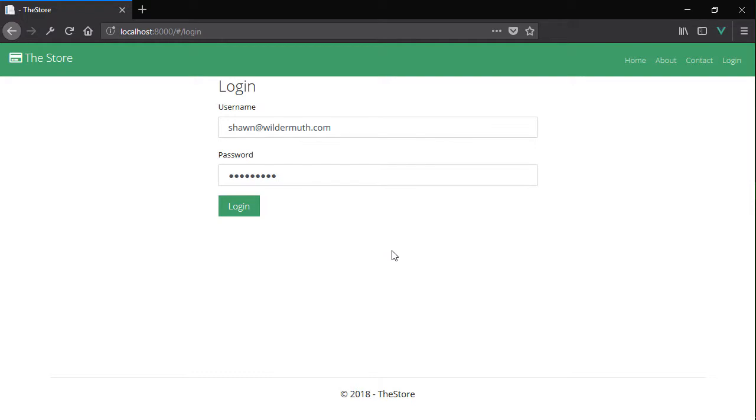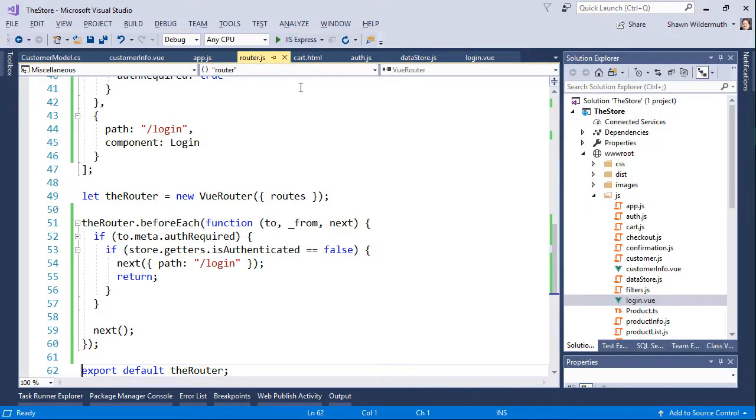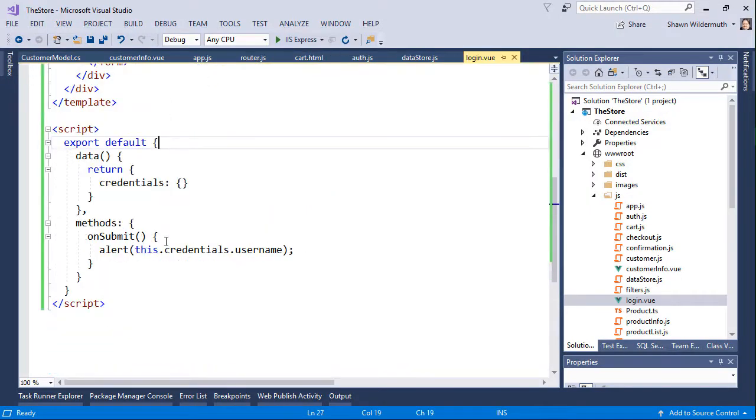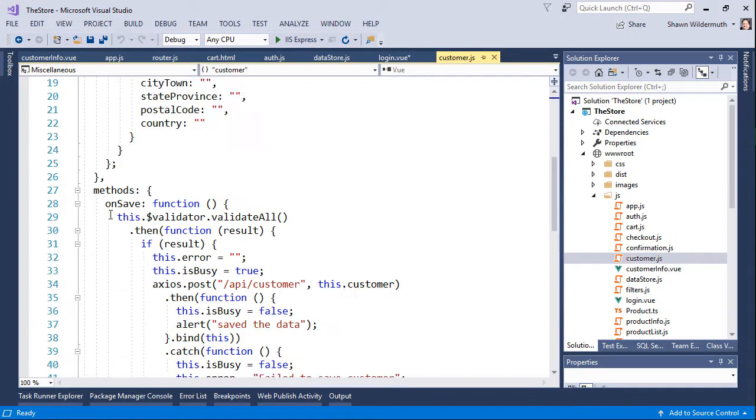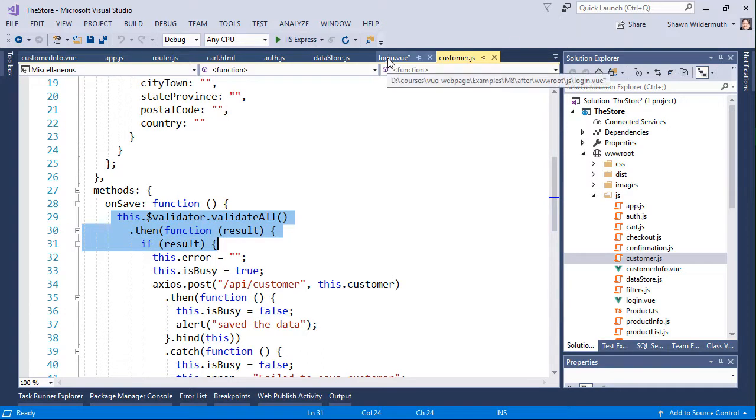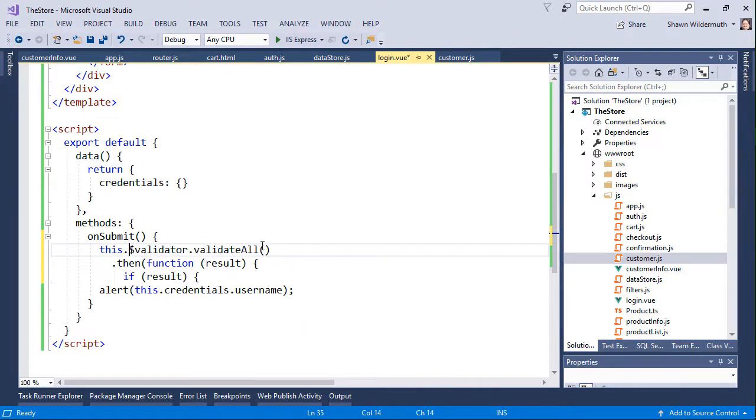The only other thing we want to make sure of is here in the login view, we're going to want the submit to actually check the validation. If you remember when we did the customer view, we had this call to this validator and then a callback function. We're going to actually use that same code. So I'm going to copy it from customer.js and put it into login. This essentially is telling the validator, or the VE validation, to force the validation to happen and then call back